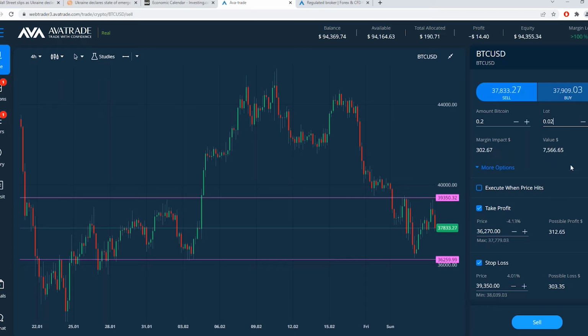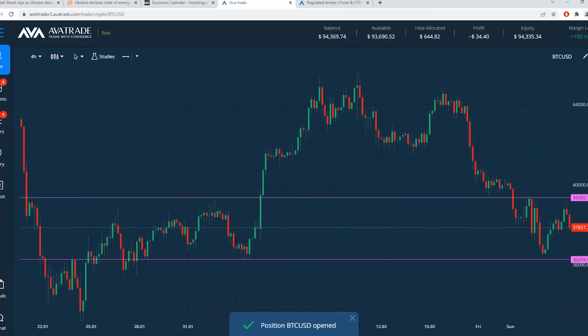Maybe I say with this, I'm willing to go 500. So 0.03, and that gets me closer to 500 potential profit and risk, 450-ish. And sell, okay? So I'm kind of in the middle of this resistance and this support. And you say, well, why would you trade from there?